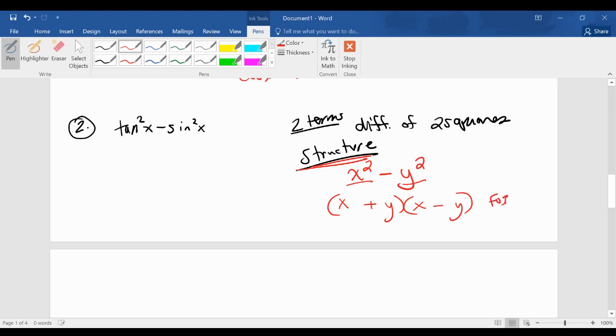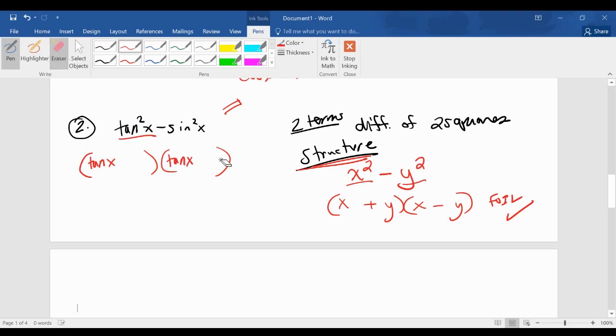If you FOIL that, it checks out, you're good to go. And now we're going to apply that over here to tangent squared minus sine squared. So think about what we did. We made two sets of parentheses. We took the square root of the first term, that's tangent,